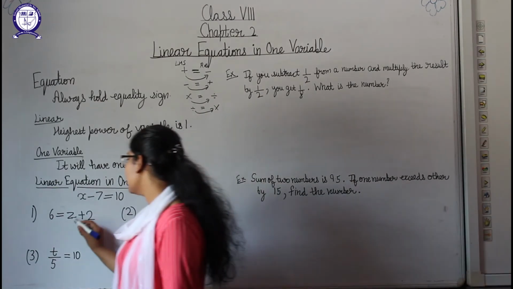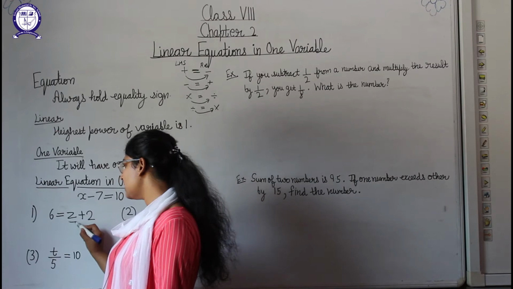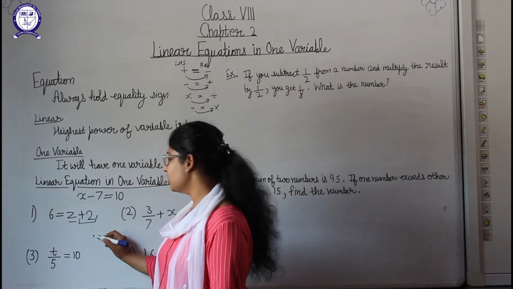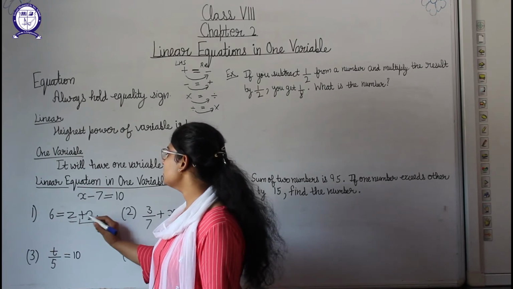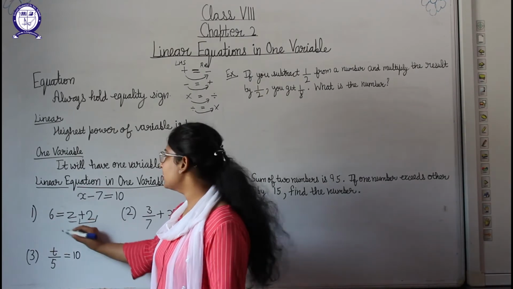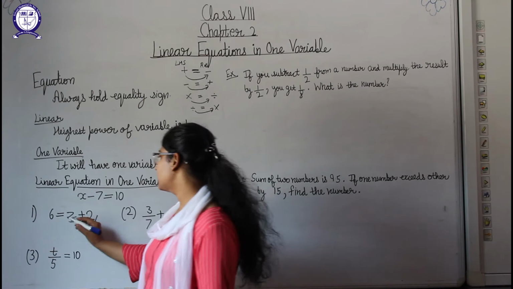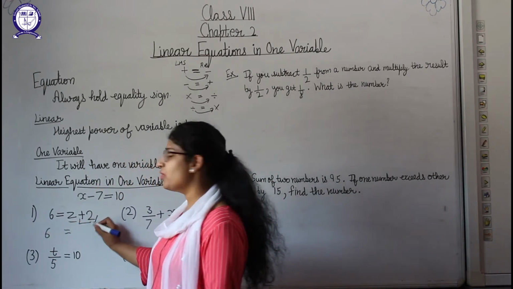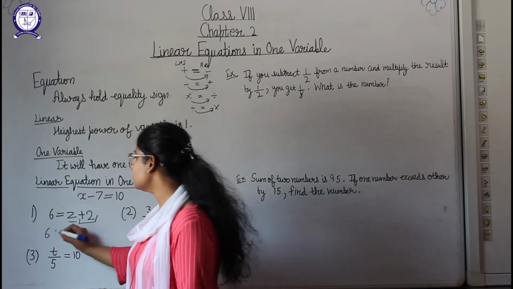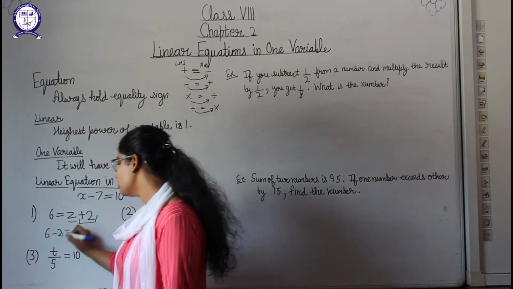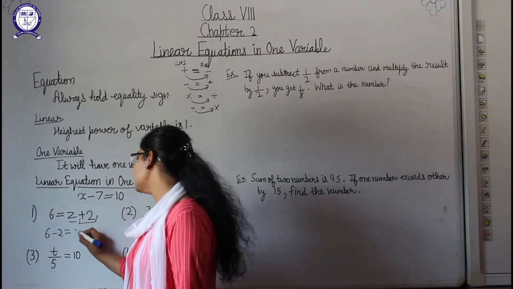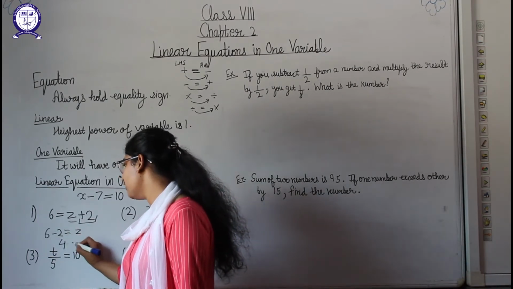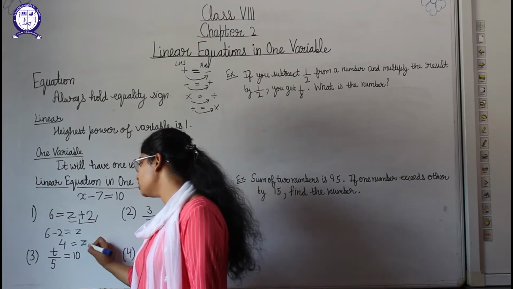Okay, so here we have to find the value of z. What is here? Plus 2 with z. Okay, this 2 is being added here, so on that side it will be subtracted. 6 is already here, we are shifting the position of 2, it is positive, so it will become negative here, so it will be minus 2, and z will remain here. Okay, so 6 minus 2 will give us 4, so z is equal to 4.